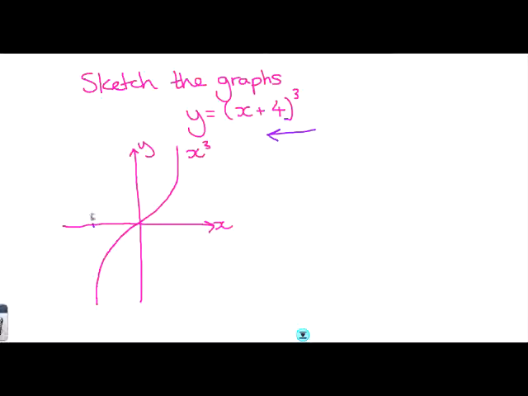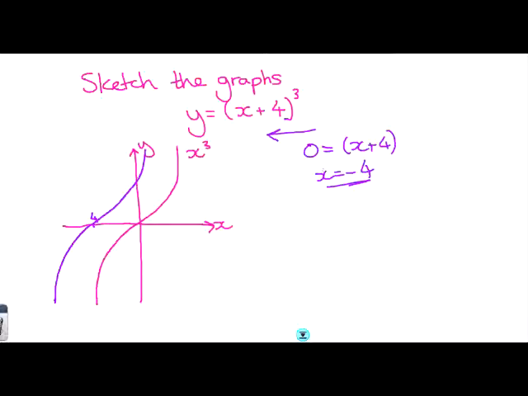It's not just this point, but the reason we do this one first, because if you imagine solving it, you would have 3 of these brackets, so x would be minus 4. So that is our root. But essentially every point along this graph is moving 4 places to the left. So now you've got to just try and draw your best graph